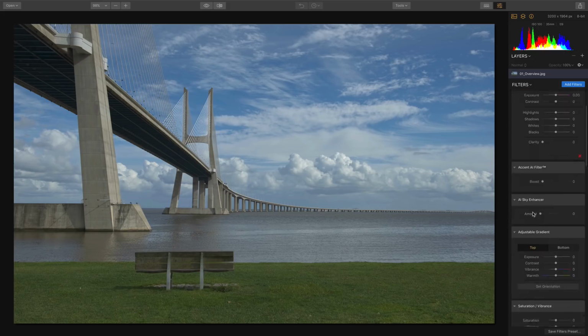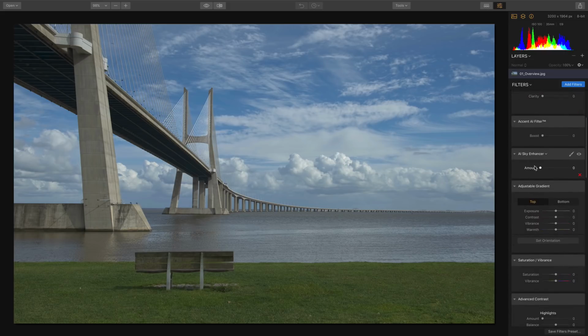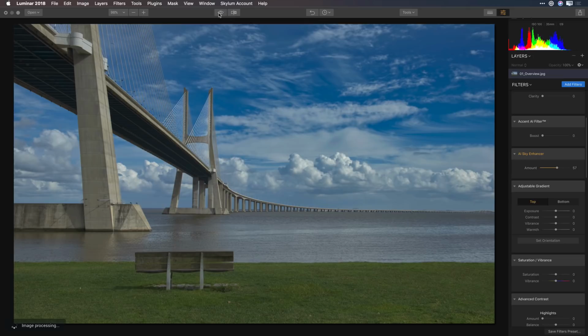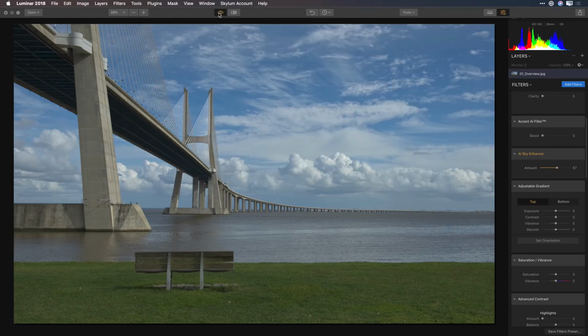Using the new AI Sky Enhancer filter, you'll see that there's a simple slider called Amount. And as you increase this to the right, the details, definition, color, and texture of the sky is enhanced. You can decide to go as far as you want by dragging it to the maximum value or choosing something in between. Toggling the before and after, you can see what a great job it's done with masking around the